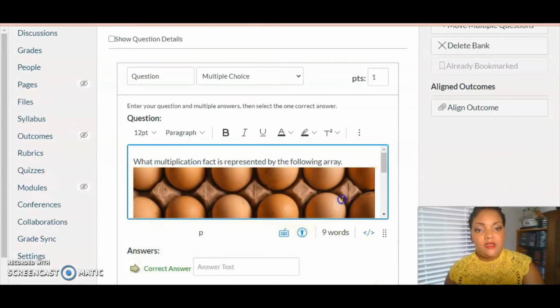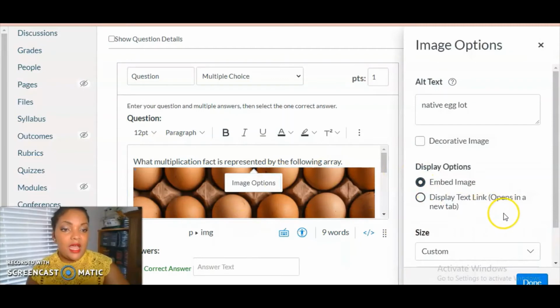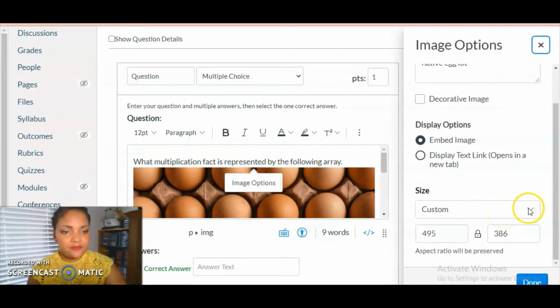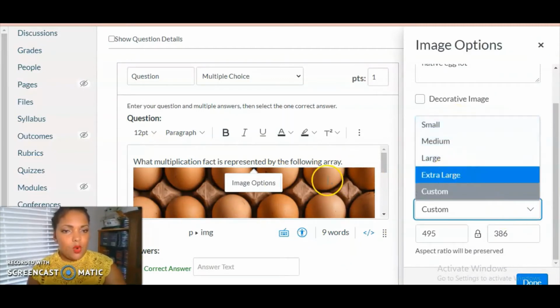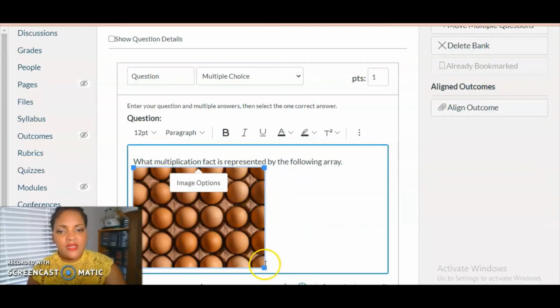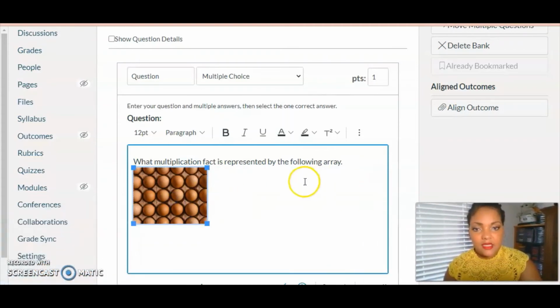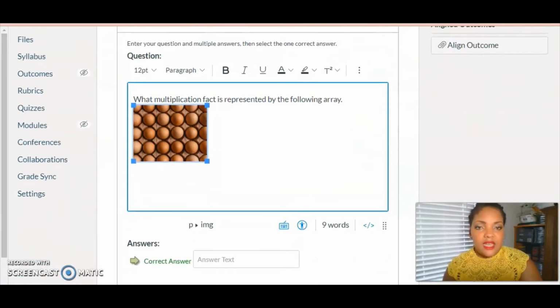Wow, that is giant. So I can click image options if I want, and it gives me options on how I want to display this. Or I can do it like every other human on the planet and just drag the corners. You see I'm dragging the corners? Super simple, super easy. All right. So now that I have that set, I am going to scroll down